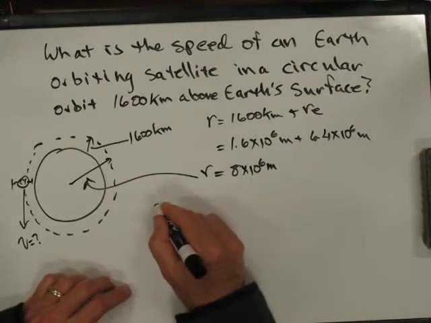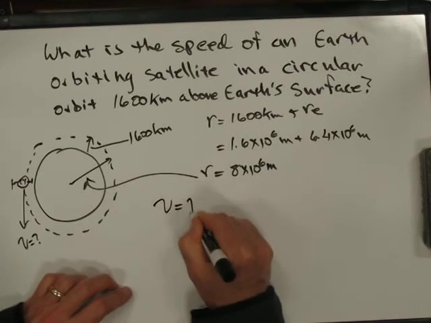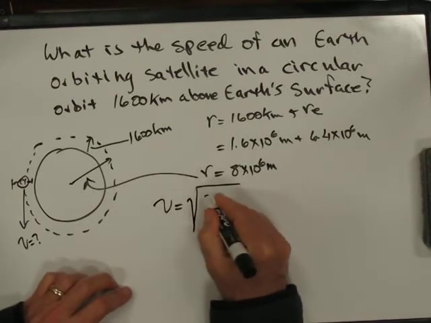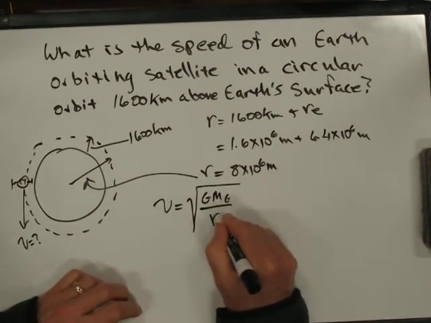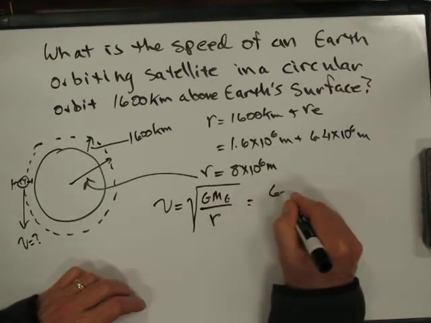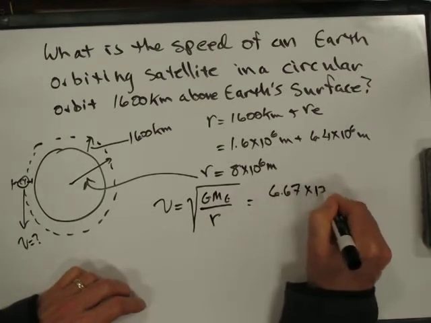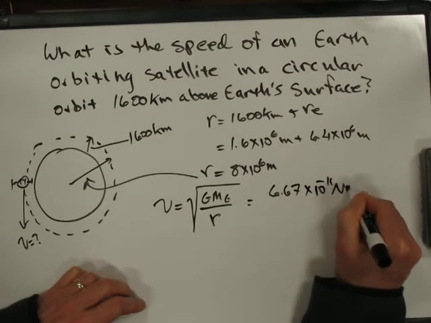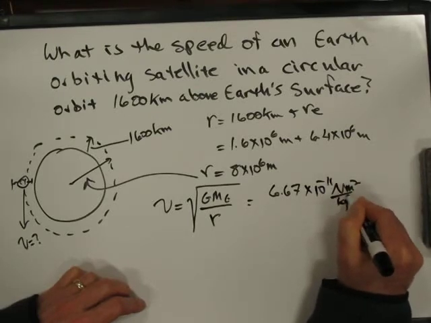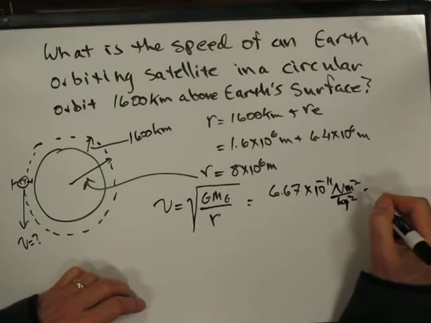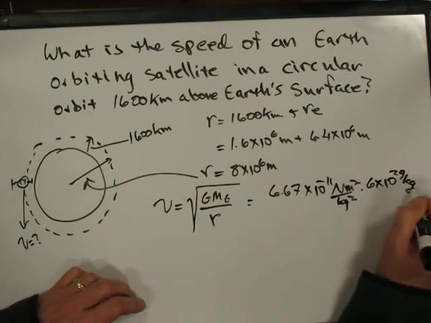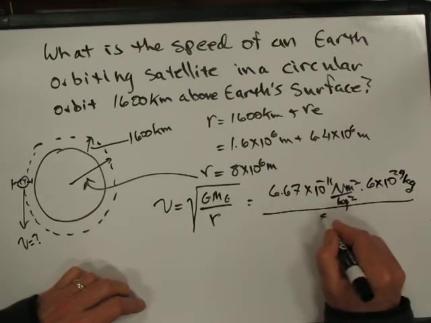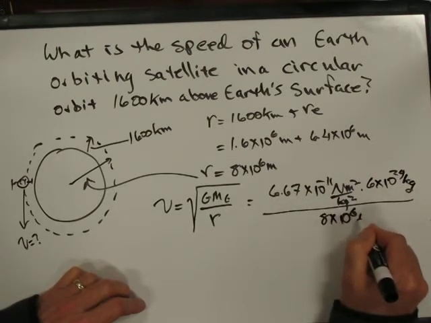And so we just calculated the last time, we said the speed of the satellite is G times the mass of the Earth divided by the radius of the orbit, which is 6.67 times 10 to the negative 11th newton meter squared per kilogram squared times 6 times 10 to the 24th kilograms divided by 8 times 10 to the 6th meters